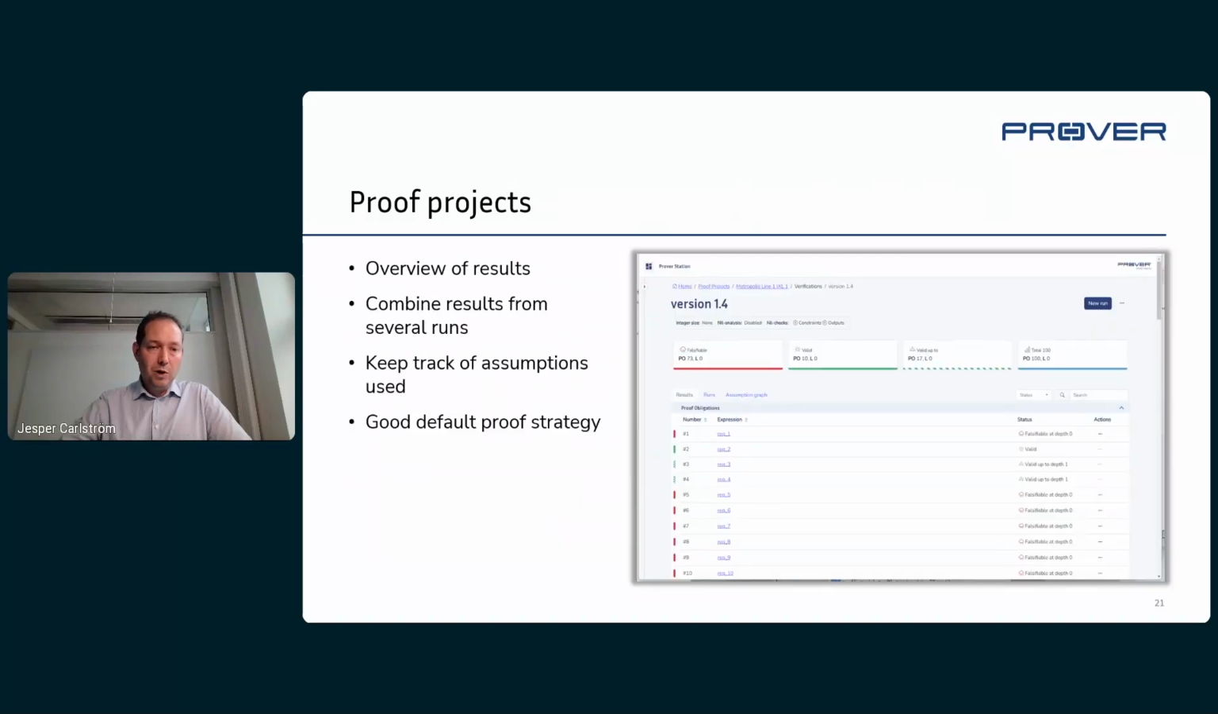What we offer here in the proof project is a kind of overview, and then it also runs. So you know from a proof obligation that if it has runs, then it's actually valid. And this proof station,